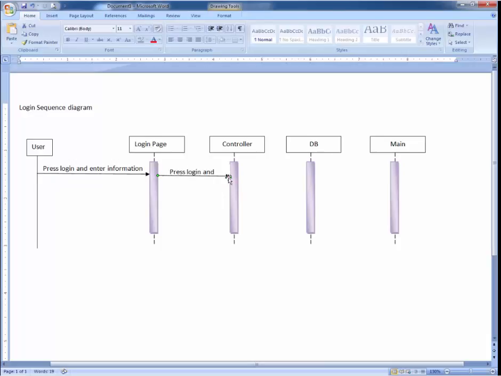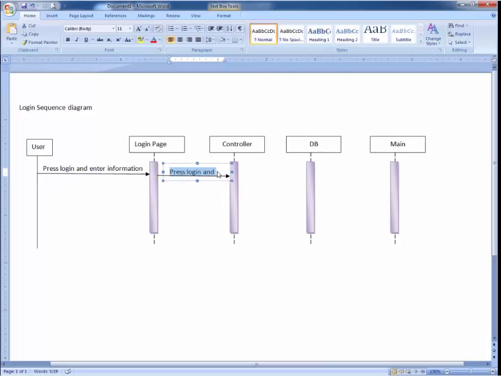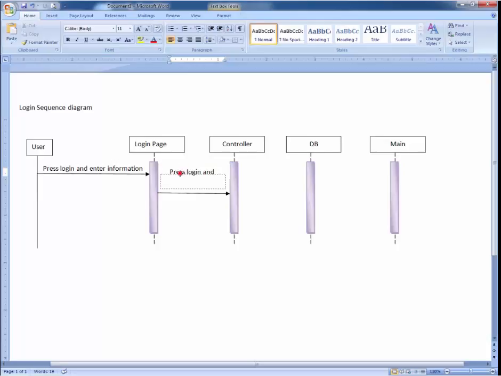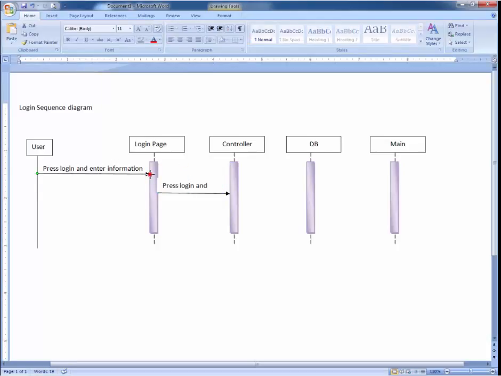The controller will validate the data. You can write it like this: data from the login page goes to the controller. The controller will validate the data.